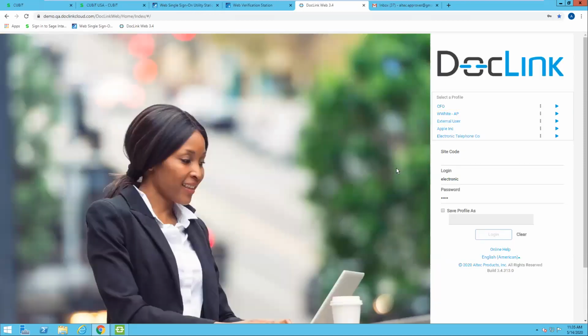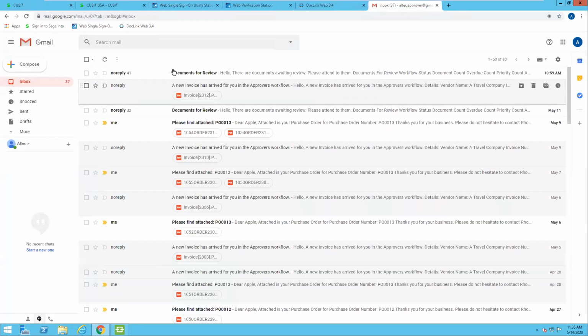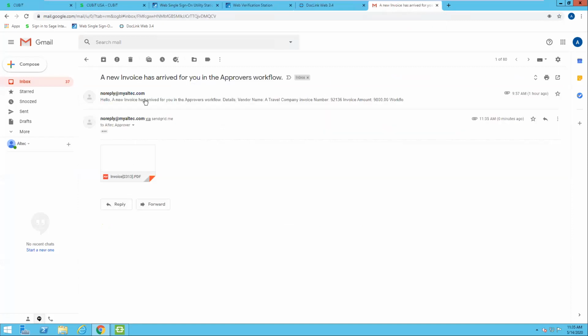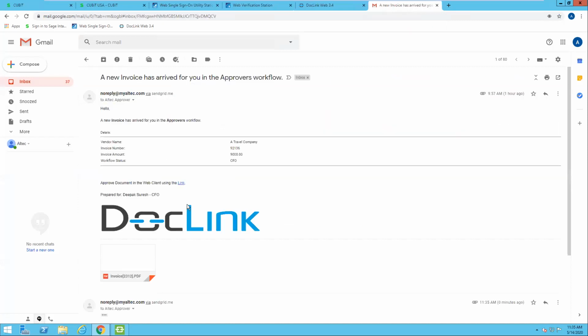What I'm going to do next is switch my role and act as an approver. So as an approver, when the document is sent to that person, in our case, it's being sent to the IT manager or CFO. What happens behind the scene is we will automatically send an email notification to the manager, to the approver, telling him that, hey, you've got a new document for you to work on. So here's an example of that email where we are telling the user, you've got this new invoice for you to work on. We will also attach the copy of the invoice